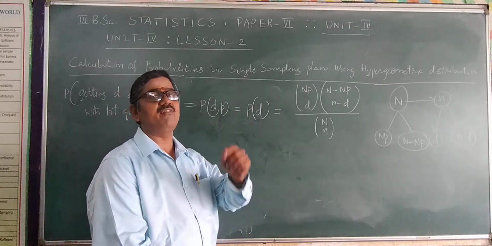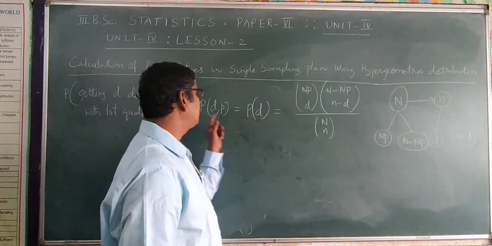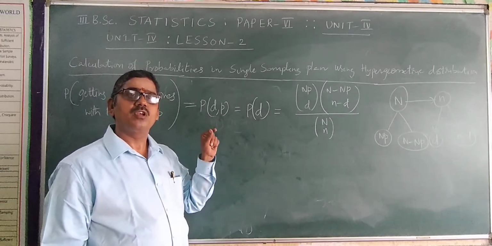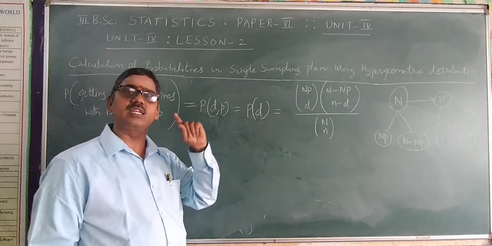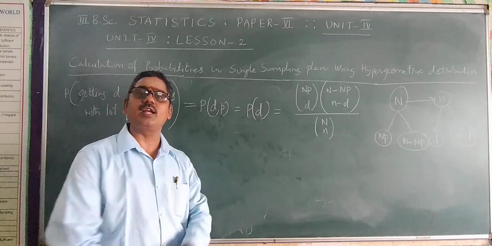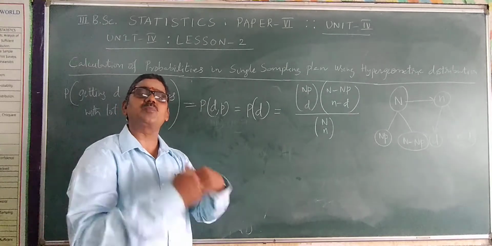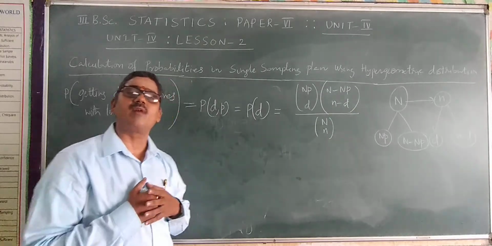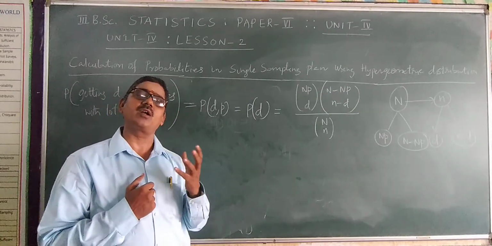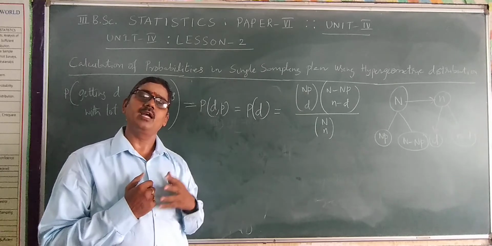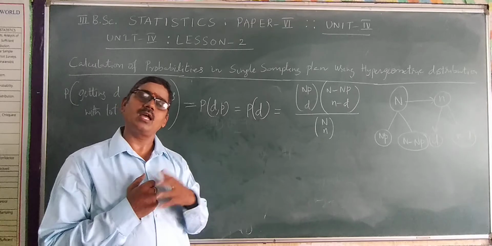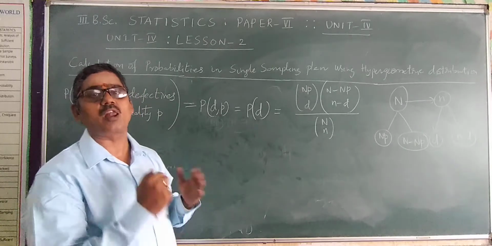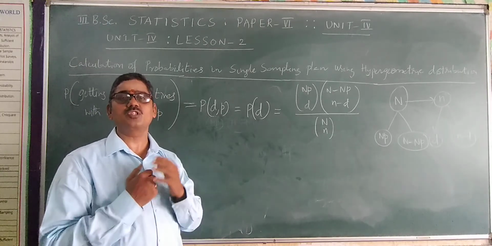The probability of getting d defective items in the lot is P of d, or simply we can specify it as P of d comma p. Why are we using p? Any particular value in the single sampling plan depends on the lot quality, small p only. Therefore, we always use small p. I repeatedly specified that small p is the incoming lot quality. So every statistical measure in the single sampling plan, like probability, OC, ASN or ATI, is a function of small p.